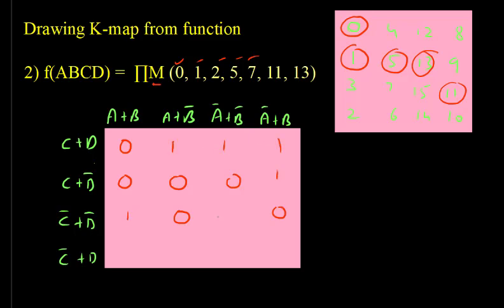So in SOP we mark 1 and make all the rest 0, and in POS we mark the given cell numbers as 0 and all the others as 1. So this is the technique of drawing the K-maps. Now next we will study how to solve the K-map. Till now we have just learned how to draw the K-map. Of course learning the technique is quite time consuming, but once we learn it, it takes just 2 minutes to solve a K-map. So it is very easy.